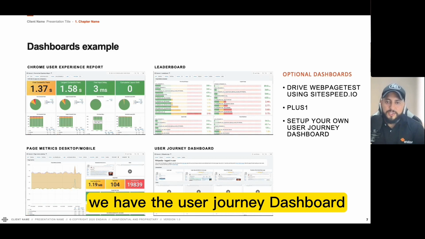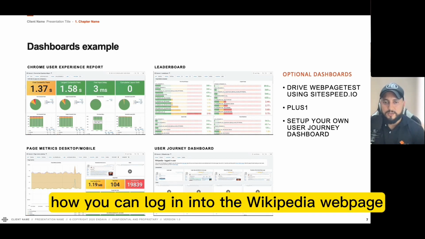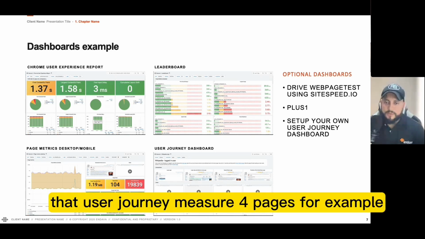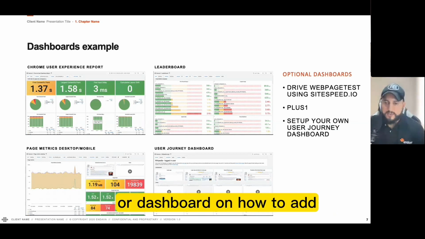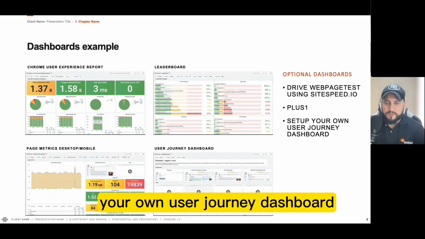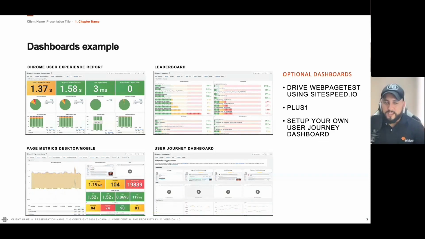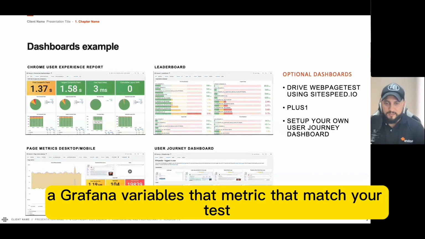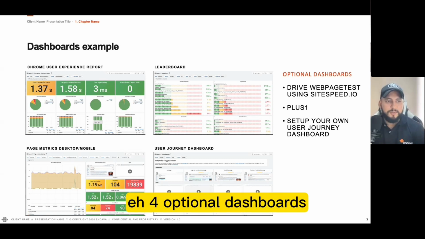We have the user journey dashboard. Here is an example of how you can log into the Wikipedia web page. That user journey measures four pages, for example. So we have a couple of examples of dashboards on how to add your own user journey dashboard. When you import those dashboards into Grafana, you need to add Grafana variables that match your test. We have four optional dashboards